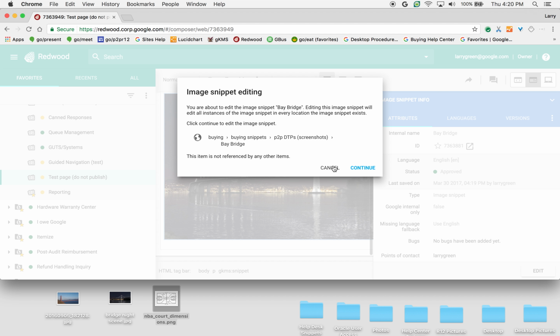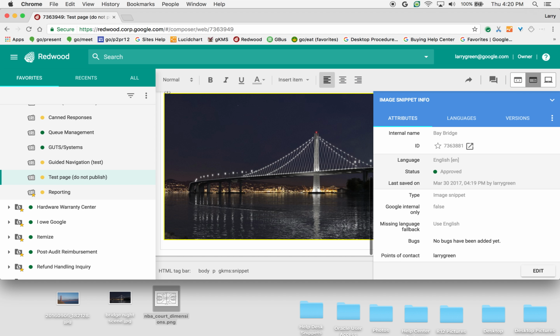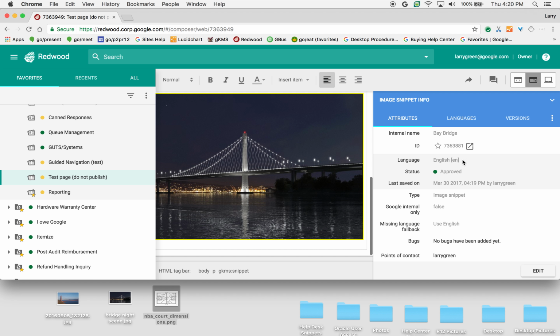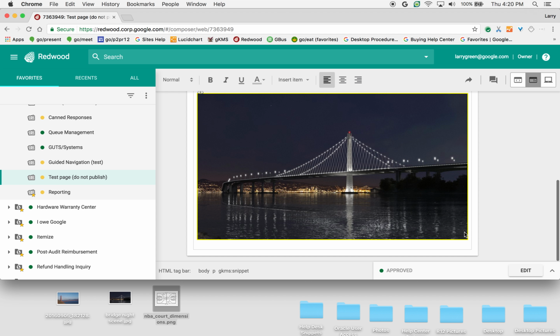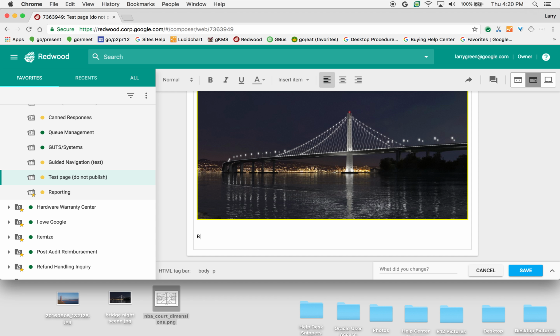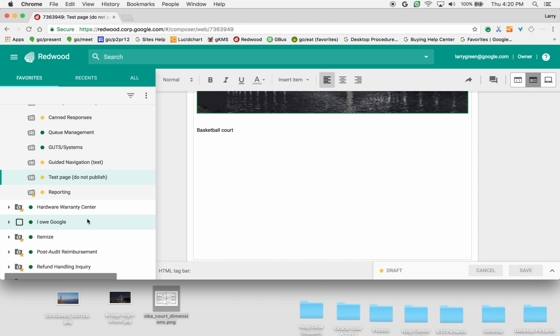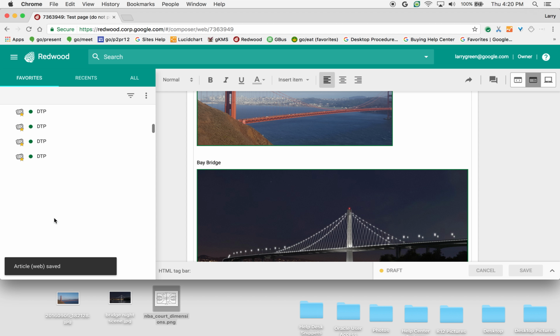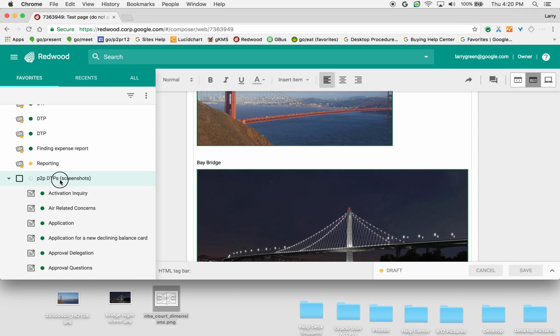Next, I'm actually clicking on the image, which is giving the option to edit the snippet, but in this case I don't want to do that. So I'm actually just scooting the mouse over, bring this thing down here. So just outside of the snippet, enter it down, and now I'm going to do the basketball court. Hit enter, save the page, save our work here. Now I'm going to go back down to my screenshots folder,